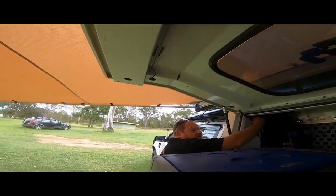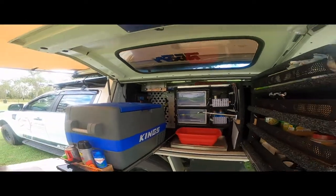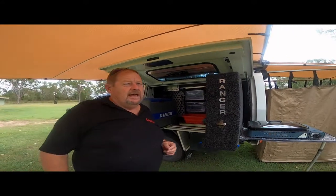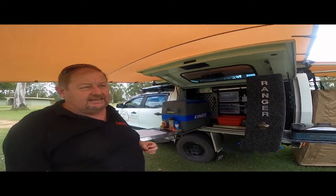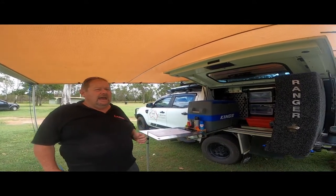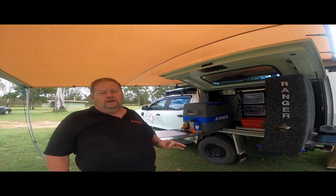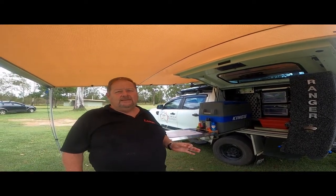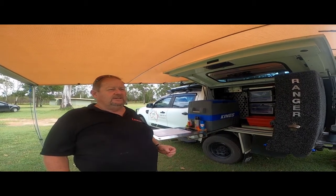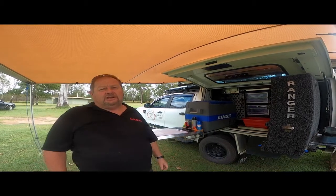And on the top, we're running a King's 160 watt solar panel. I will be honest, I first put the 160 watt flexi King's solar panel on the top, and initially for the first 6 months it worked really well, but unfortunately with the dry heat that we can get here in Queensland, and we've had some very hot days, it just cracked and started disintegrating, and it wouldn't even charge my